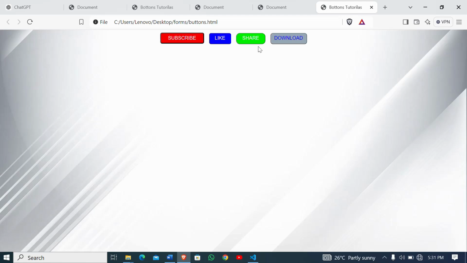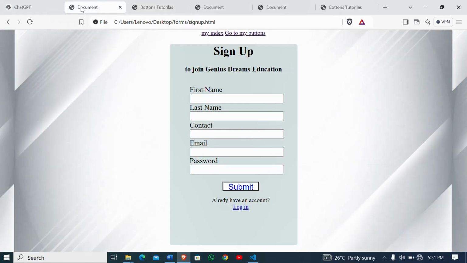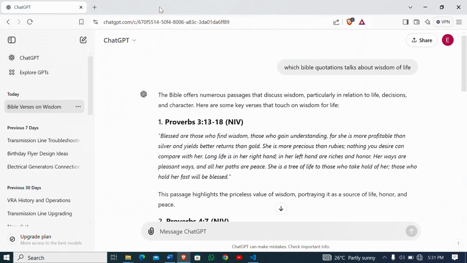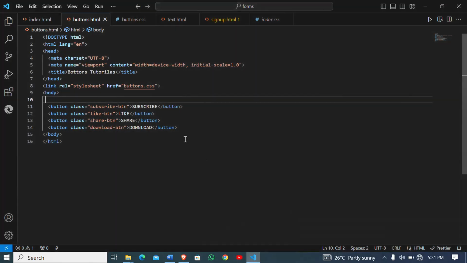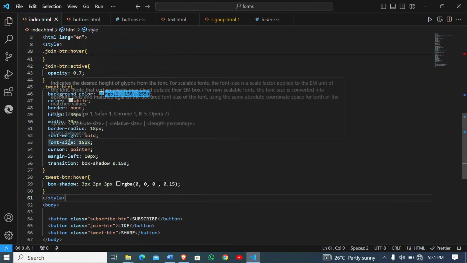So now you're going to look at how we can move from this web page to this web page. There are three of them. So when we start, you get to know how it works. So that's the lesson for today. So I've just created all of them. So let's go to our code editor and move to our first